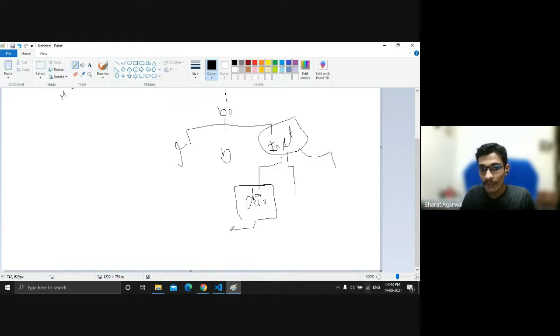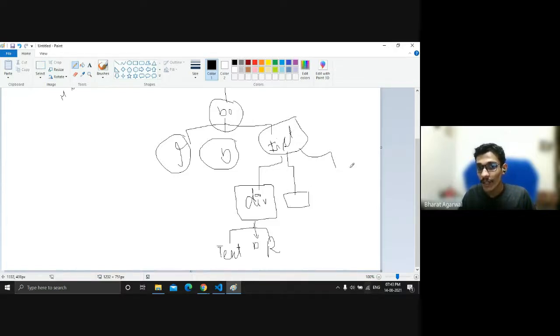In the div, we have three types of things. The one would be the text. And then we have the two buttons. The one would be mark as done and the other would be remove. So that's how our hierarchy will look after we create this project. We have this body. Under this body, we have this input field. We have this button which says click, add a new to-do item. Then we have the list of to-do items. Under this list, we have a set of divisions. And under those divisions, we have the text as the to-do item, a button which allows us to mark it done, and another button to remove the child.